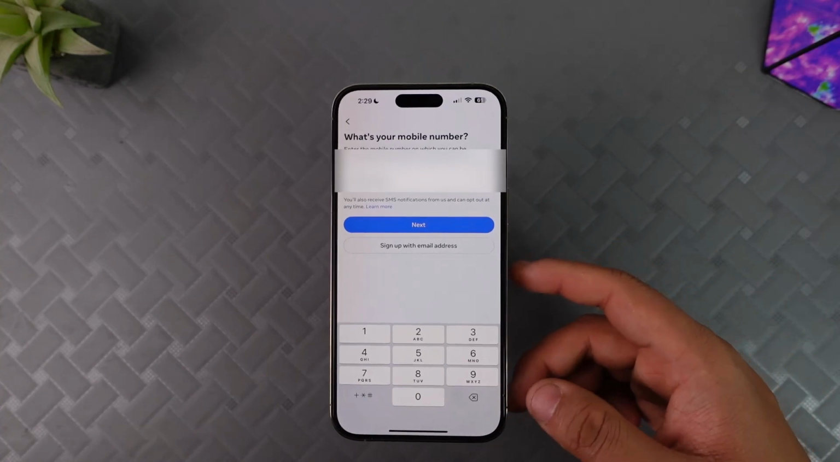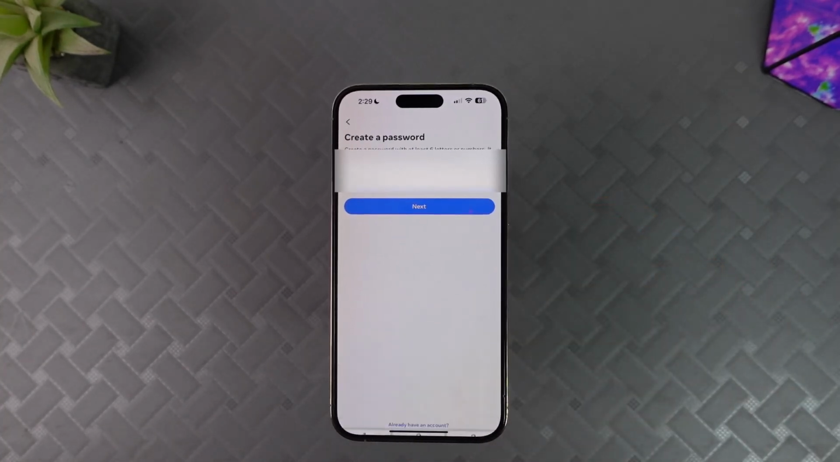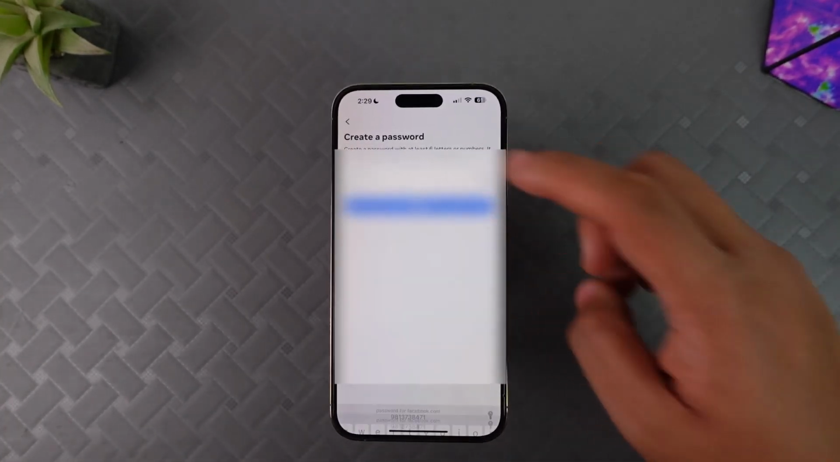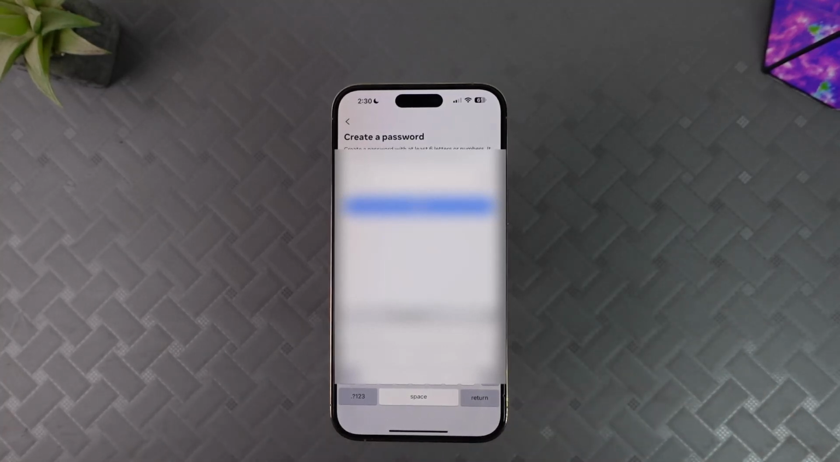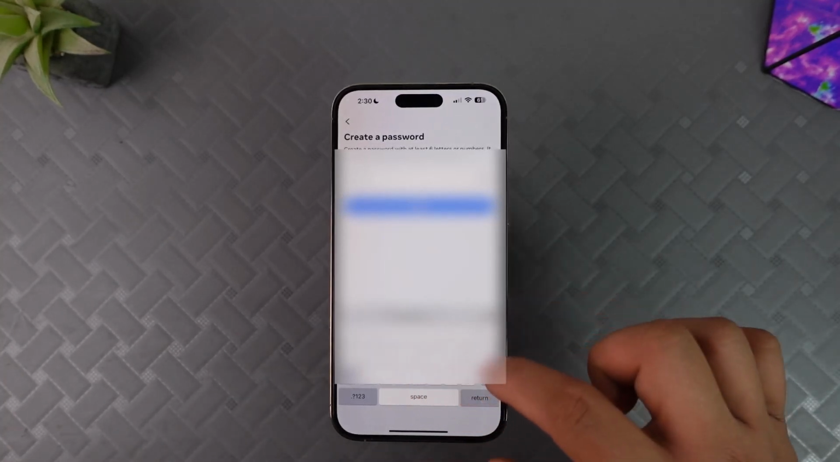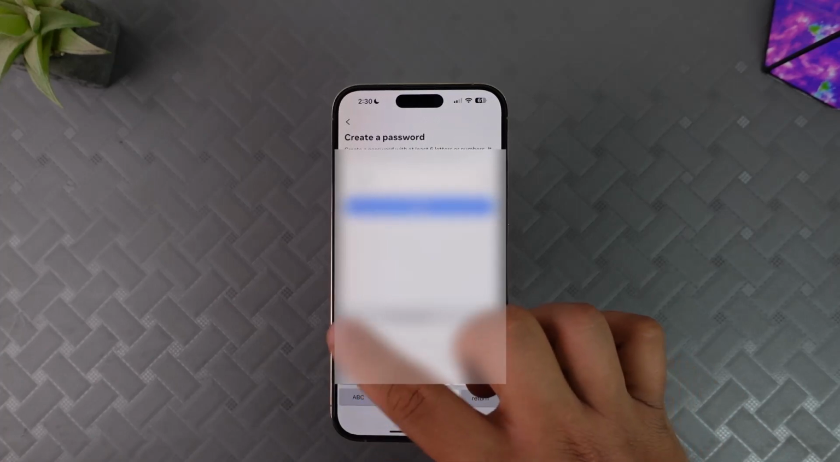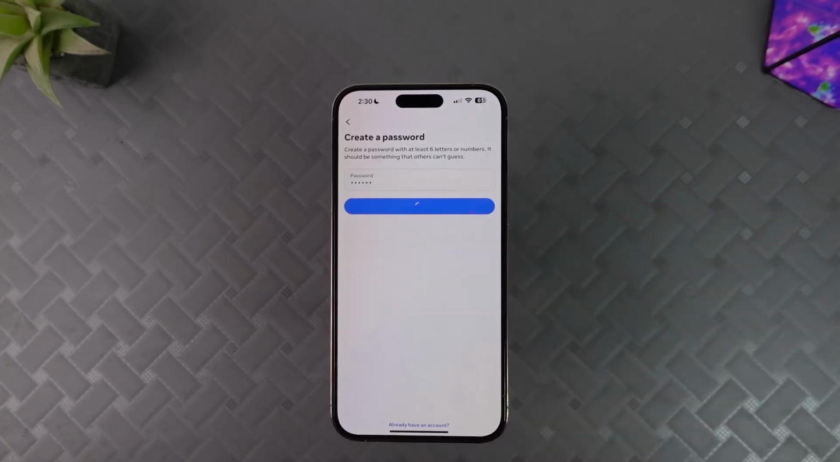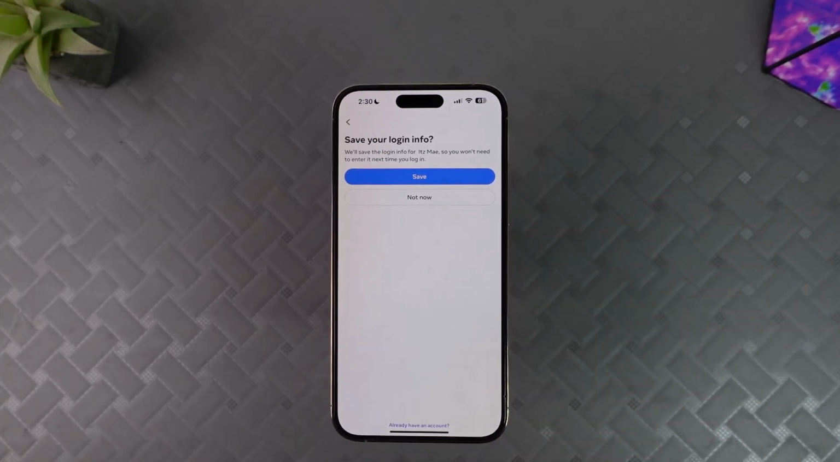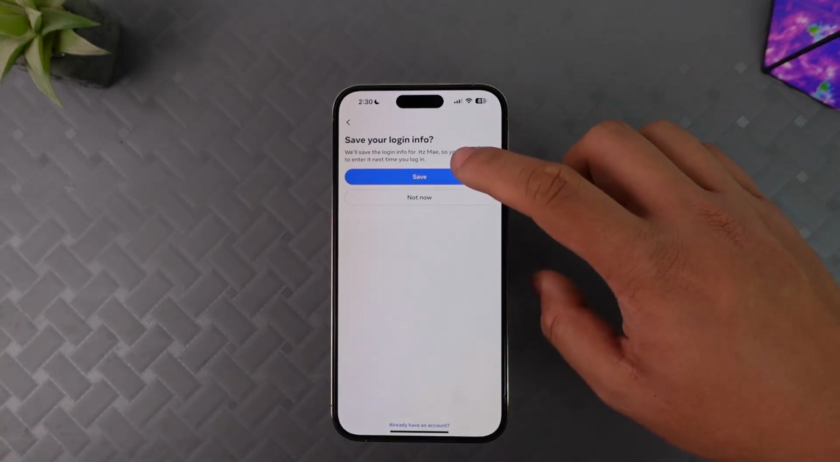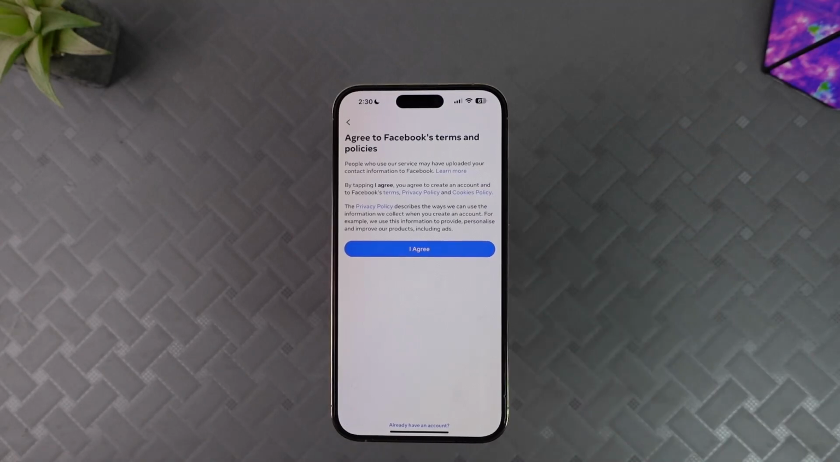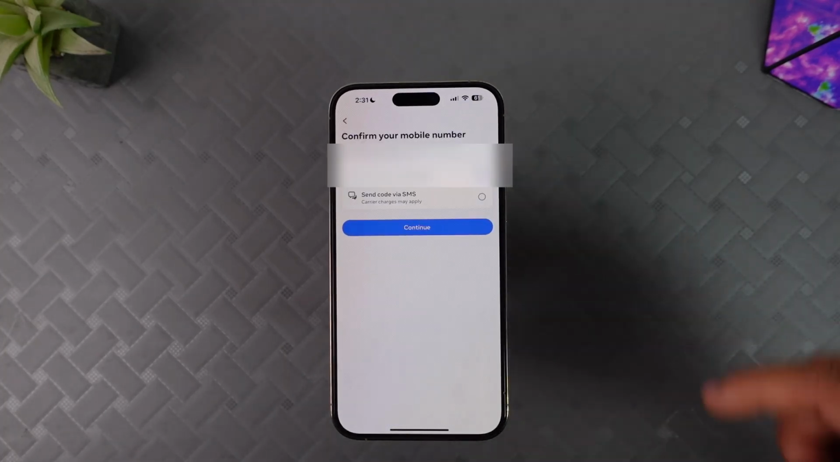After you've entered your mobile number, press next, and after that you get to this page where it says create a password. After you created a password, it asks you if you want to save your login info. If you want it to save it, just go ahead and press save, and you have to agree to Facebook's terms and policies. After you've read and agreed to it, press I agree, and after you confirm your mobile number,